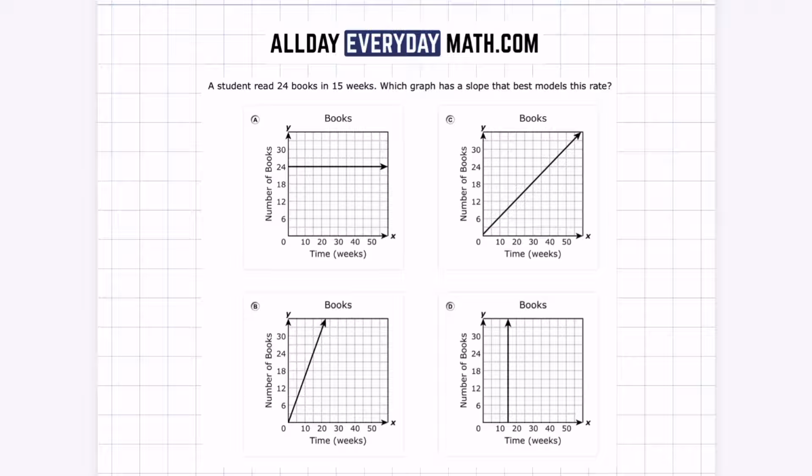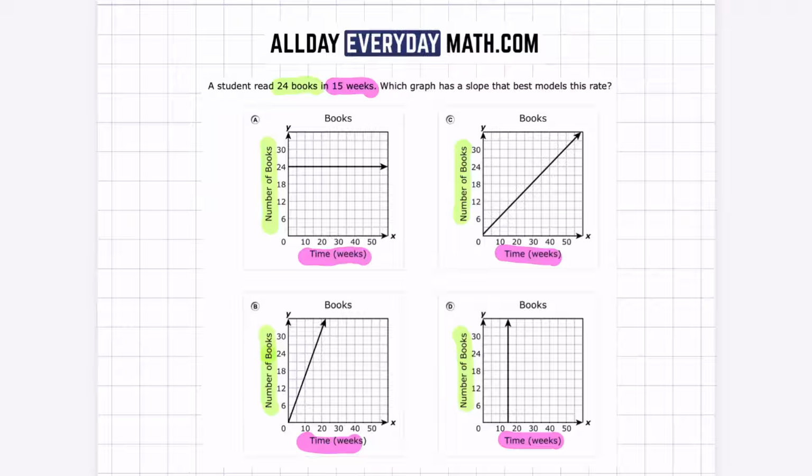So first things first, let's look at our graphs and notice that they have time in weeks on the x-axis. And the problem says that it took our student 15 weeks to read those 24 books. Now on each y-axis, we have the number of books, and like I just said, it took our student 15 weeks to read those 24 books. So we're just going to look at each graph, and we're going to look for a point at 15 weeks